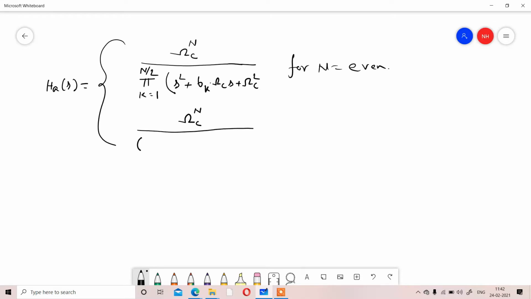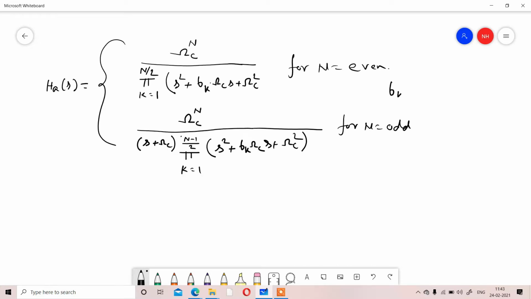One real part was defined as s plus omega c, and the other part (n minus 1) by 2 times continued product for k equal to 1 to (n minus 1) by 2, and the value was s square plus bk omega c s plus omega c square, that was for n equal to odd,